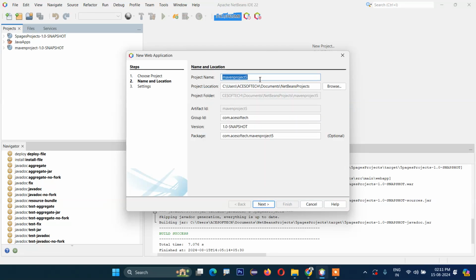Next we will name it JSP website, and this is group ID, artifact. You can change them if you want, and version also. So let's keep it as it is, and then